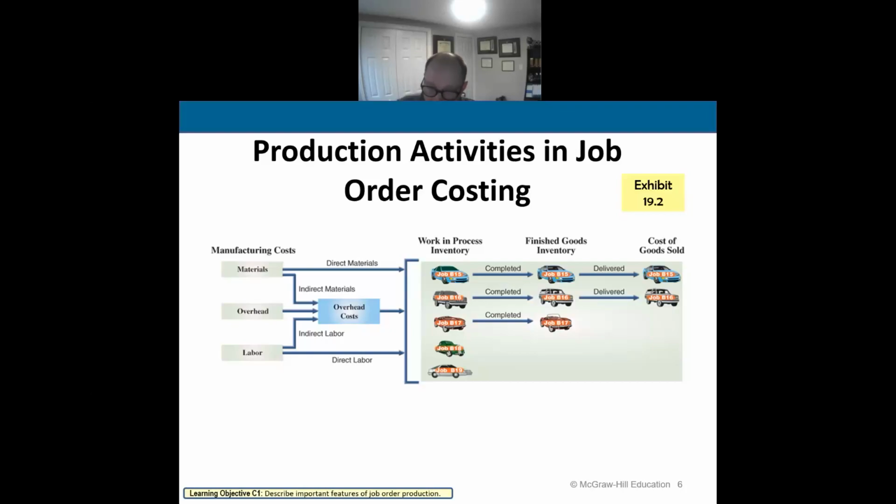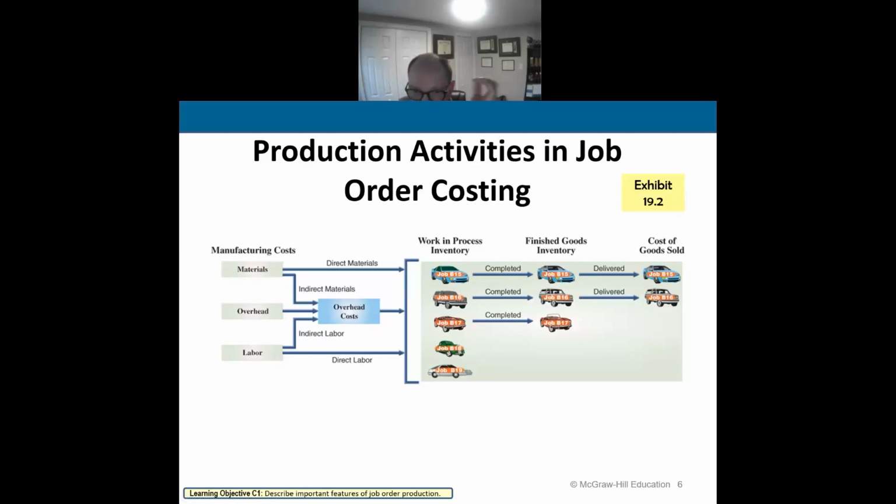Okay? And then it comes out of work in process and becomes finished goods. And then I deliver it to the customer when it's sold. It becomes cost of goods sold. So in that process, I got my direct materials, my direct labor, and my factory overhead. And all of that together makes up the total cost of the finished good, right? We learned about that in the previous chapter. So that's my example